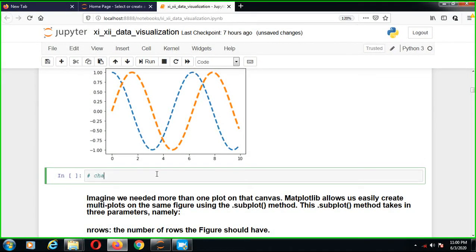Changing marker type, size and color. How?